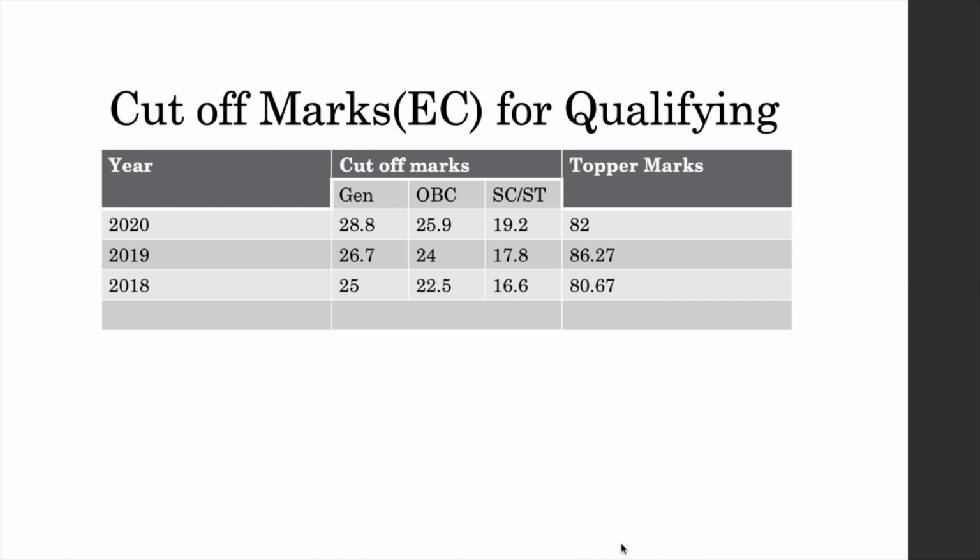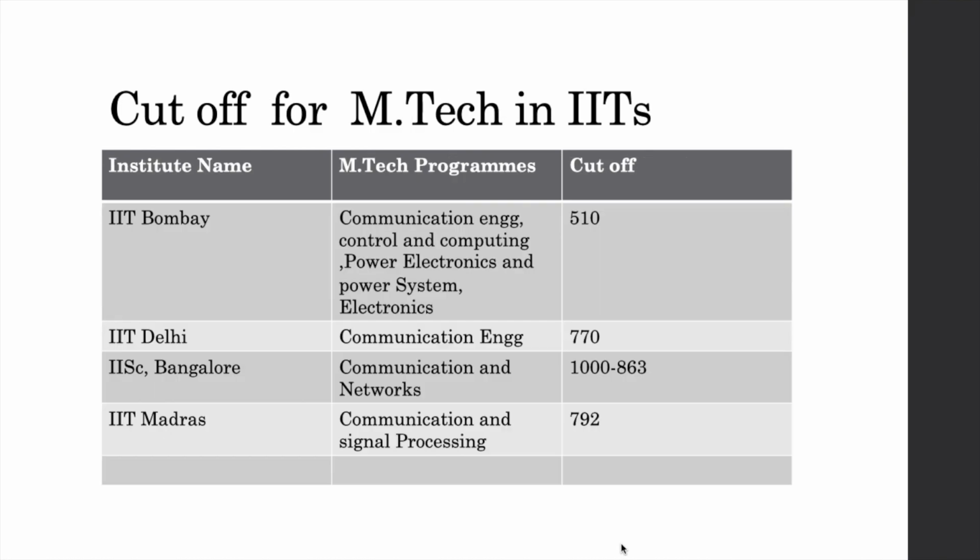And somebody who has got marks around 40-41 will have a GATE score of 500-510. It will obviously vary. We are just giving a picture of it so that we understand how we can relate the cutoff marks, the marks and the GATE score, because what I'm talking of here is not the marks but the GATE score.